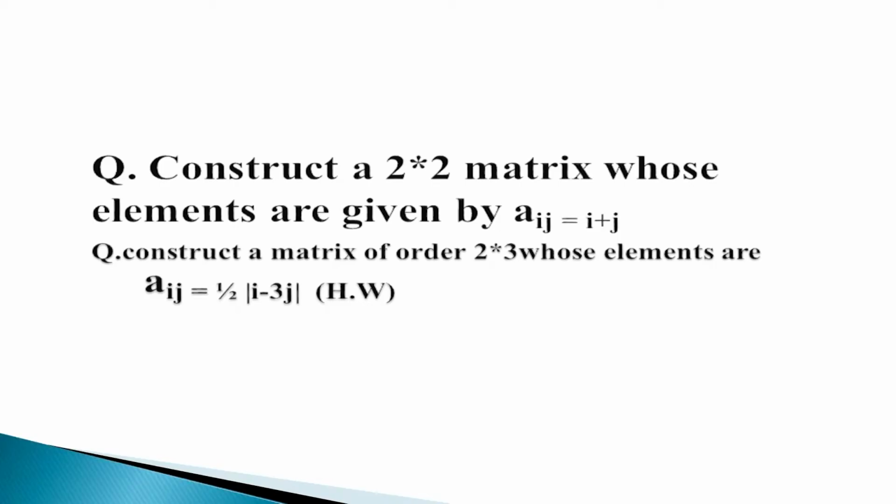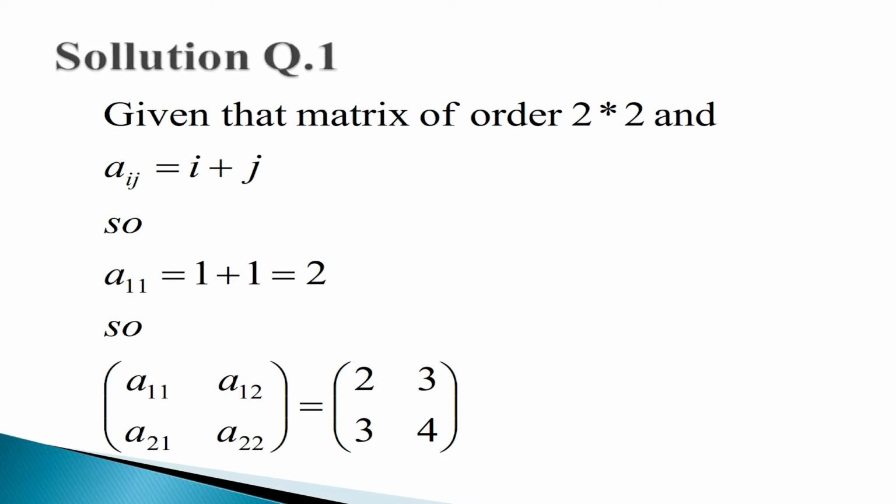Next, construct a 2 cross 2 matrix whose elements are given by Aij is equal to i plus j. Construct a matrix of order 2 cross 3 whose elements are Aij is equal to half times the modulus of i minus 3j. Solution of question 1. Given a matrix of order 2 cross 2, the elements are Aij, that is equal to i plus j. The 2 cross 2 matrix is given by